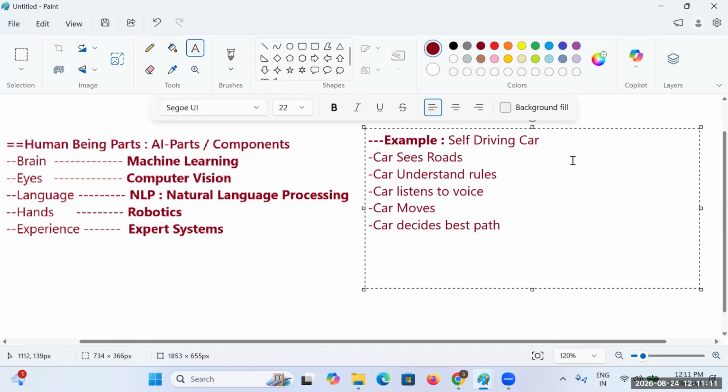Now for these particular things, how exactly has AI been applied?